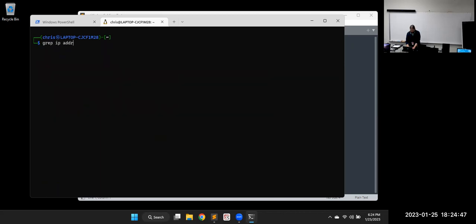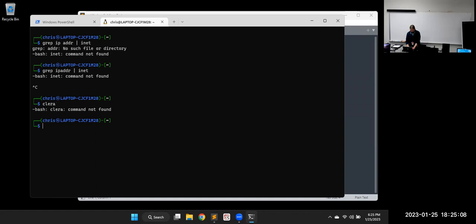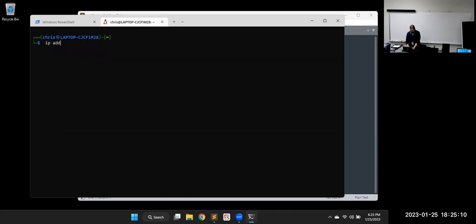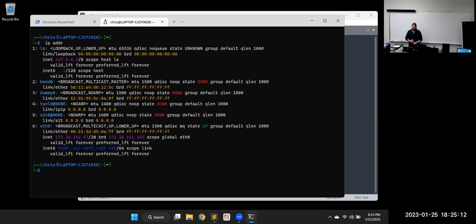Grab IP address to INET. Was it one word? Well, I can't remember the command I was looking for. IP address. There we go. I was trying to send that somewhere. That was going to be my example of what the pipe symbol is used for.